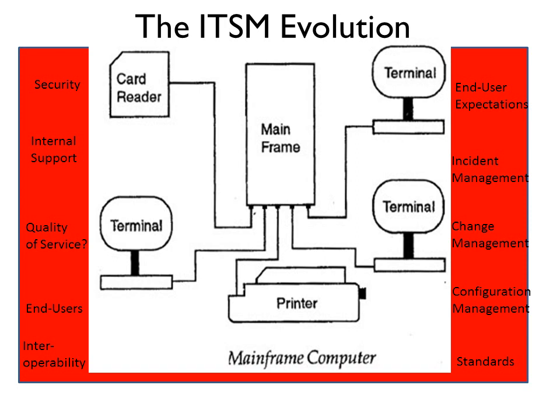In this slide, you see the typical mainframe architecture. Consider how much easier this type of system would be to manage versus today's complex enterprise networks. The red blocks represent the physical wall wrapped around the mainframe, which mean that, taking each point in turn, security was easy to manage as the mainframe was in a secure operations area behind locked doors and access via security staff. Support, i.e. incident management, was provided on site